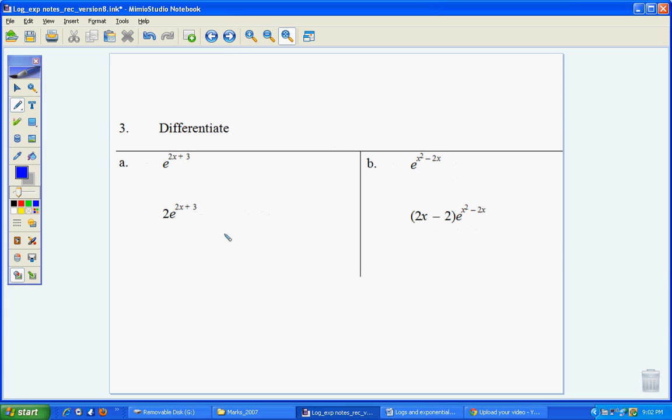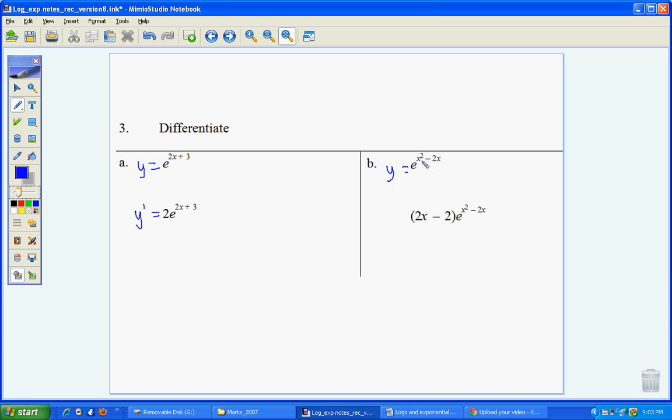Question 3 here, again, we've just got to be really careful that we don't try and read too much into a lot of these ones. That's just e to the 2x plus 3, so the derivative of the function times e to the function. So the derivative of 2x plus 3 is 2, and the function would stay the same there. Same in b,